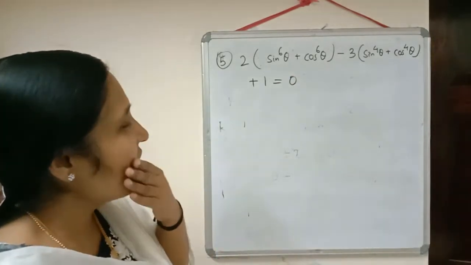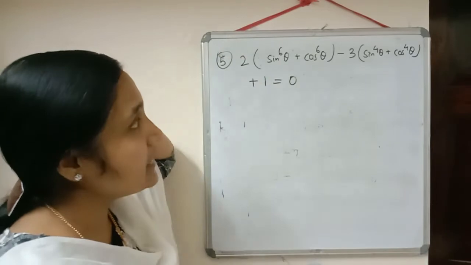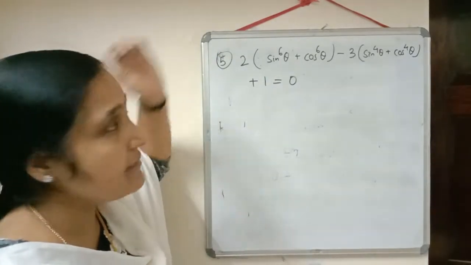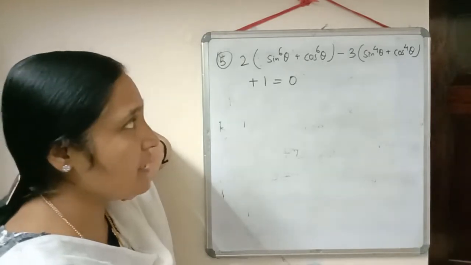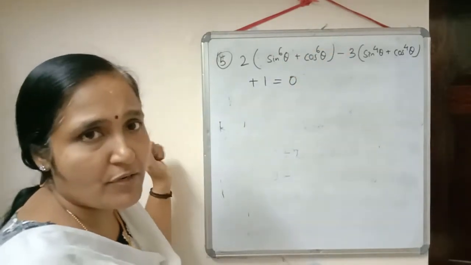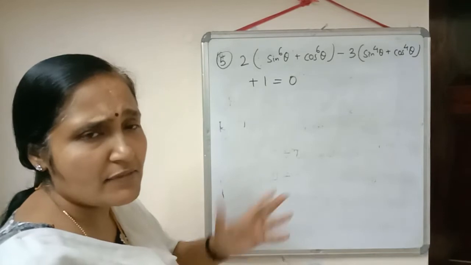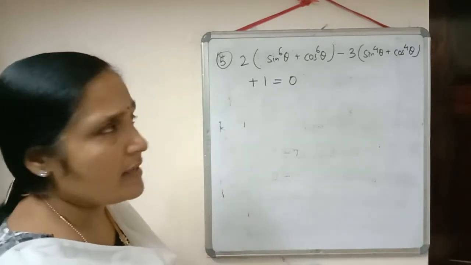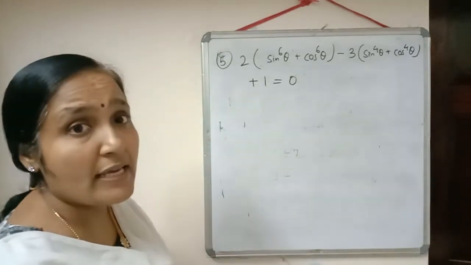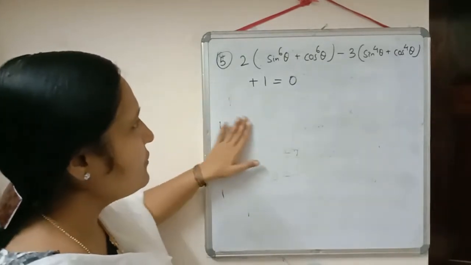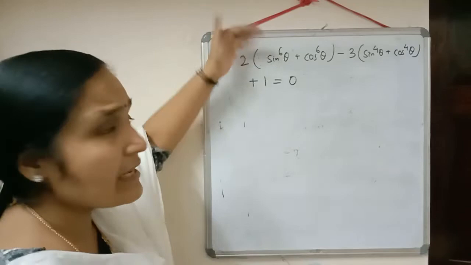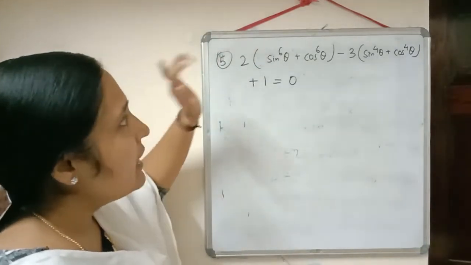Okay. So now just to check there, it is sin raised to 6 theta. We don't know any identity which is related to the 6th power of trigonometric ratios there. And the 4th power also we don't know. We know only the identities which is related to square there. So first we have to check how we can rewrite these expressions there. So first what I am going to do, I am going to simplify this one and then we can substitute in the left hand side.